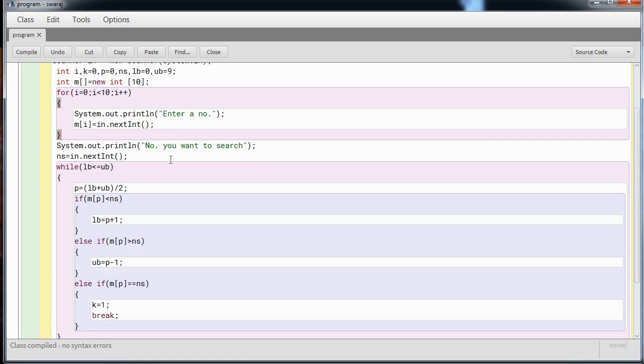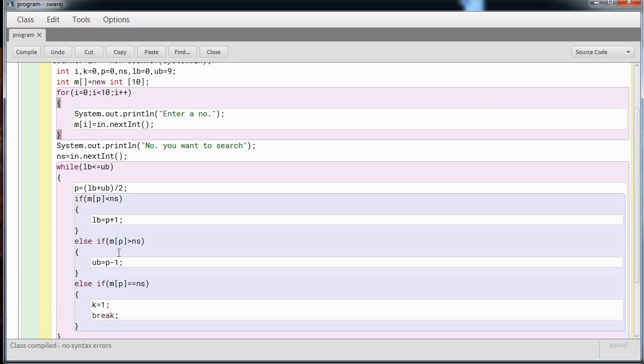Now the system will check the array M at the position P, which was in the previous case 3. So MP, if it is less than NS, NS is the value which the user wants to search. Now if that is true, meaning MP, the value at the middle position, is less than the expected value, the LB's value will be converted into P, that is the central number in the initial data, plus 1.